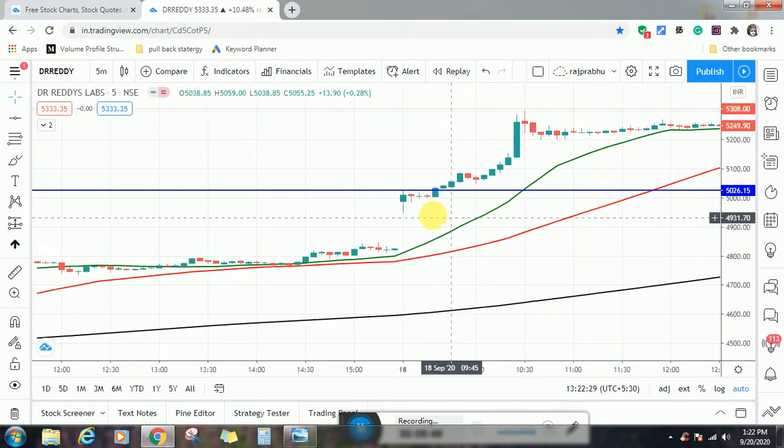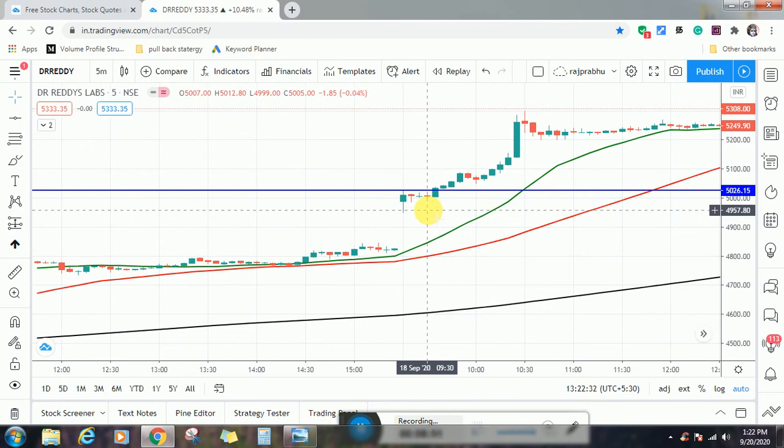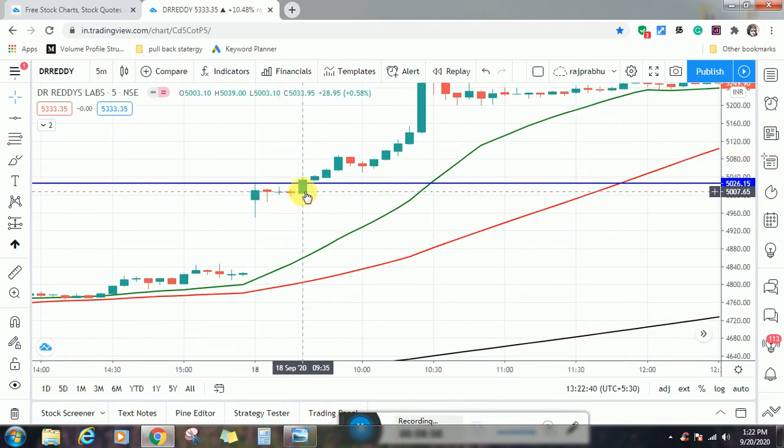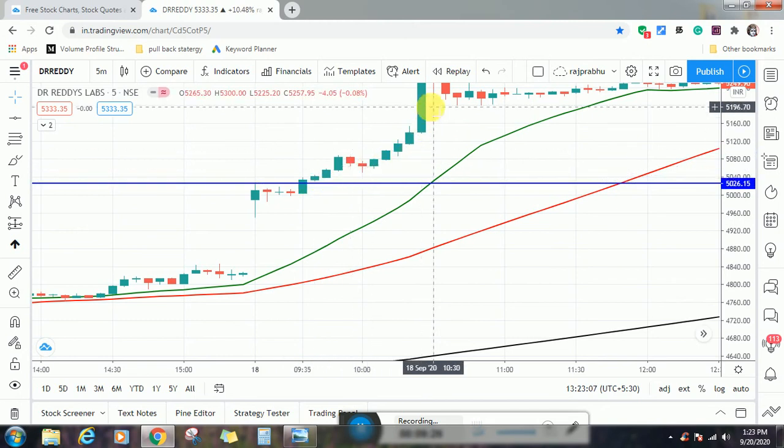Mark the 9:30 candle overall high. See, the level is the overall high. Again I am showing you the 9:30 candle, the overall high is this. I marked this blue line as a fresh high. Whenever the candle breaks a fresh high, makes a new high, and then it closes above the previous high, the buy entry is confirmed. We can go for buy.